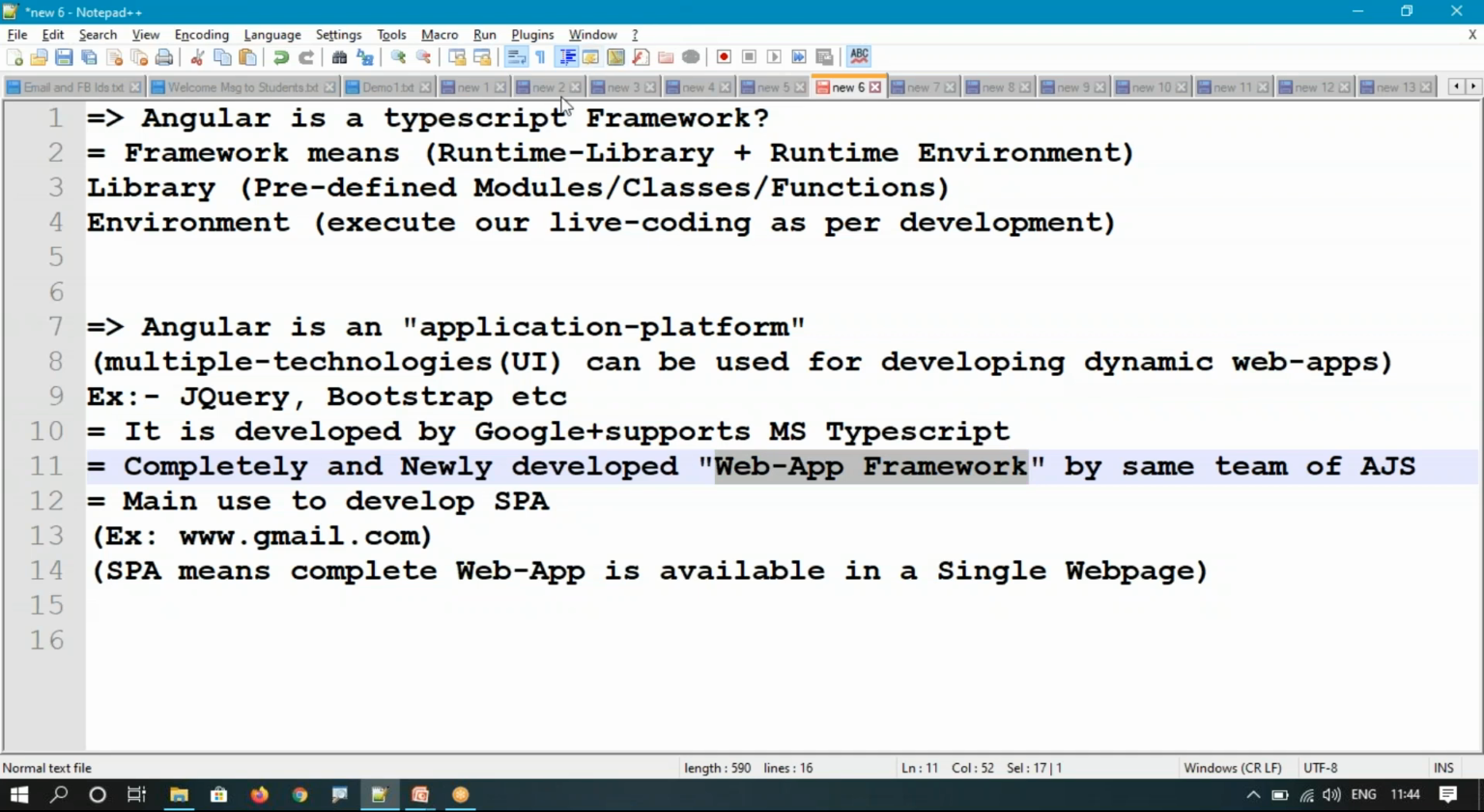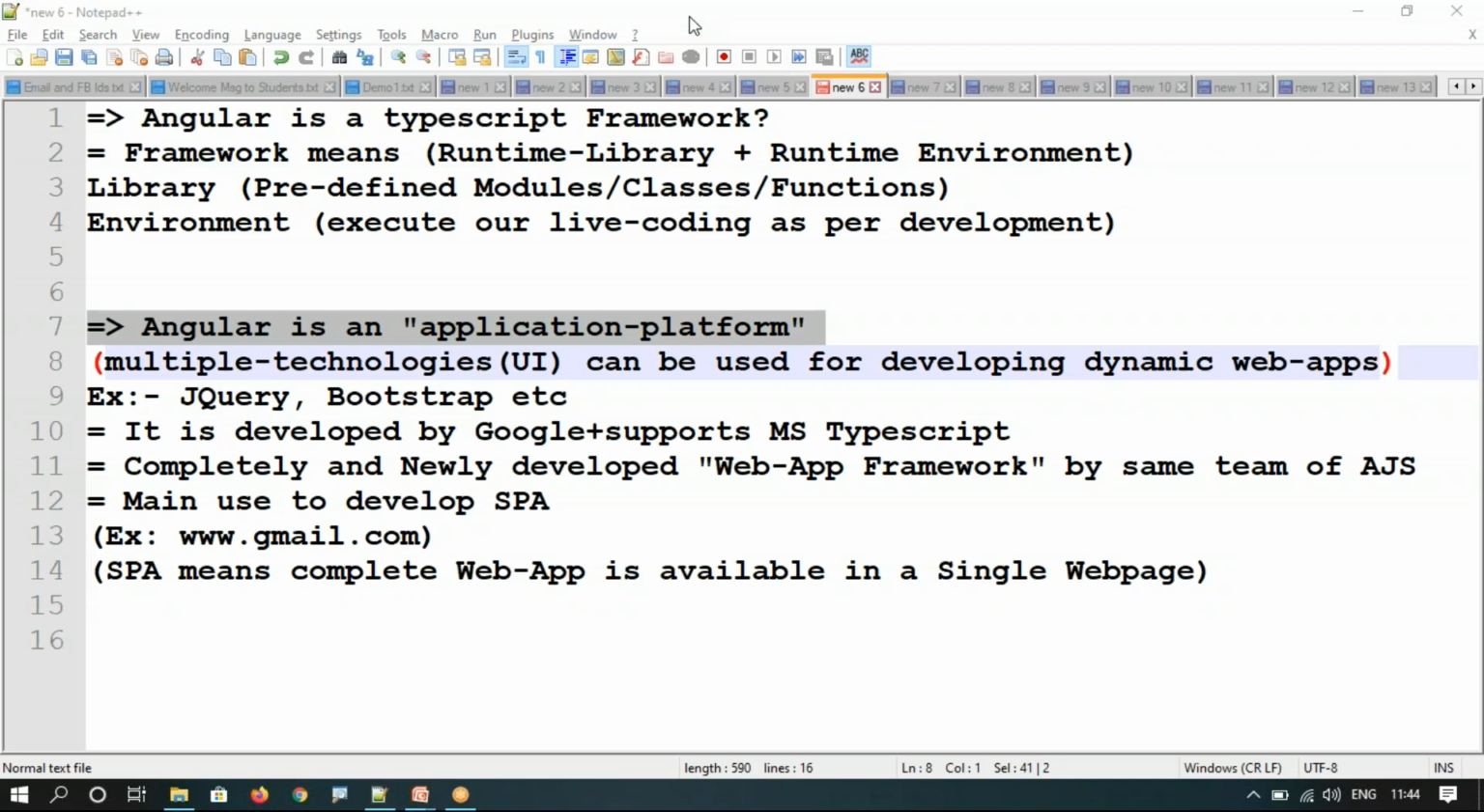Right, so Angular is a TypeScript framework. Angular is an application platform. Framework means runtime library and runtime environment, and application platform means different technologies can be integrated with our Angular TypeScript web applications for developing dynamic web applications. So this is all about our demo session,